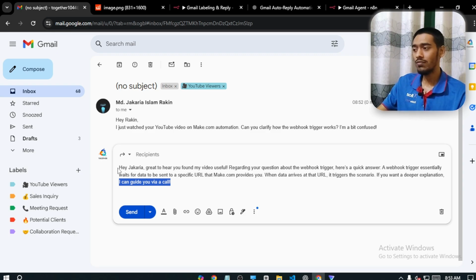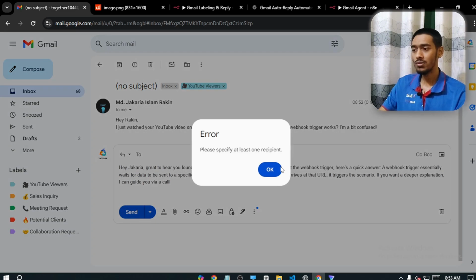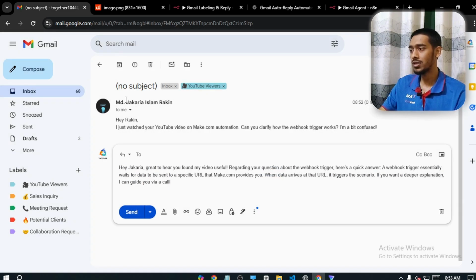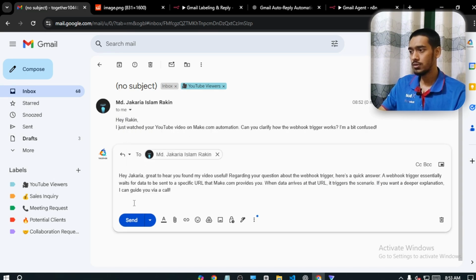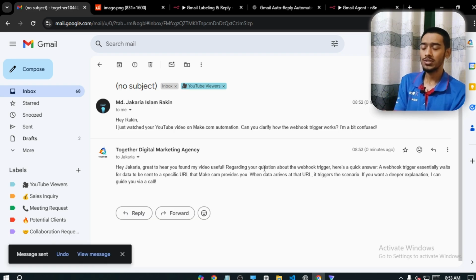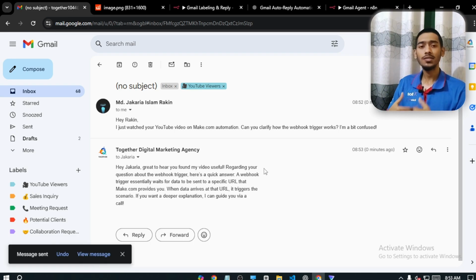Very easy to do. And if I just click send, so I will just go with this one. And if I just go with reply, and click send, that will be sent. I also have to give the email address in here. Okay, so that's it. Very easy to do. I will just check this, because I just added this as manual,